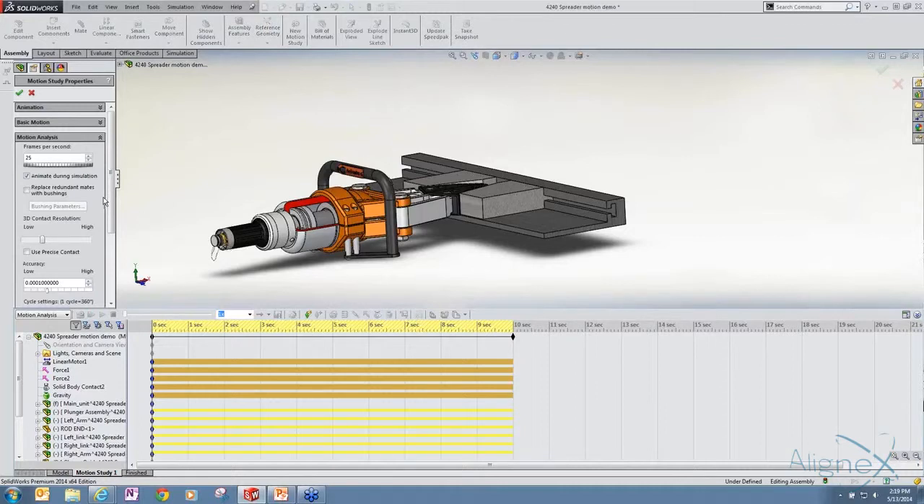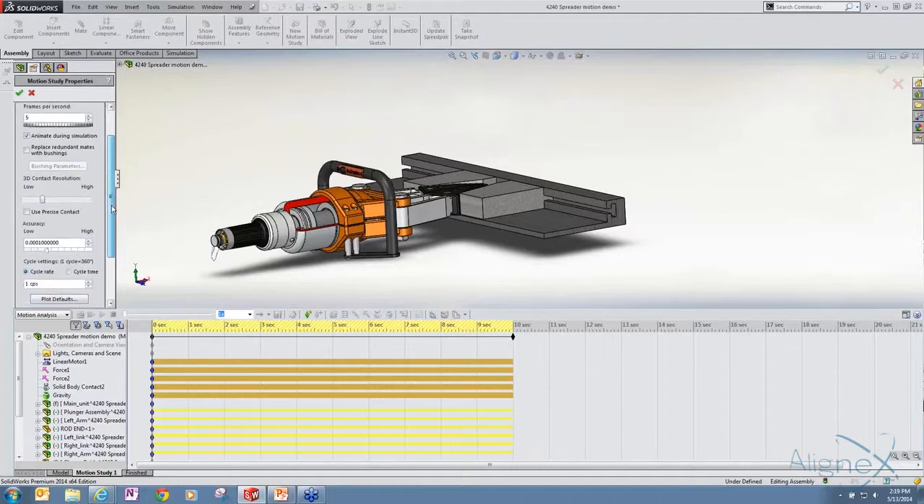So if we jump into the motion study properties, you can see that we can solve a very, very coarse motion study, or we can solve a very, very fine motion study. The default value is 25 frames per second. If we do a coarse study, we can move it down to, let's say, 5 frames per second. We can also control some of the